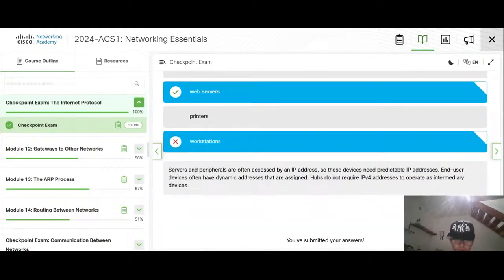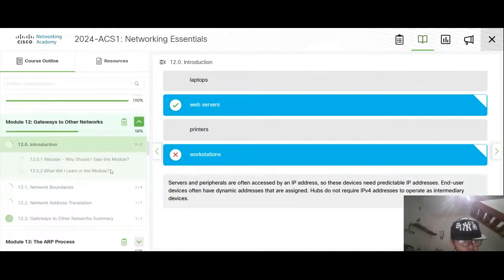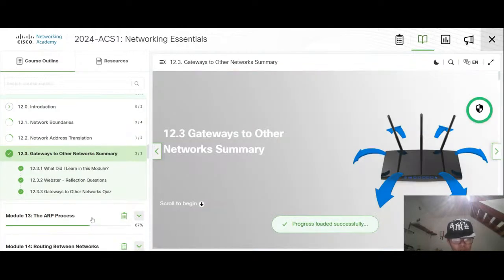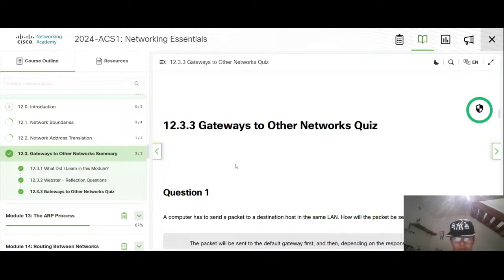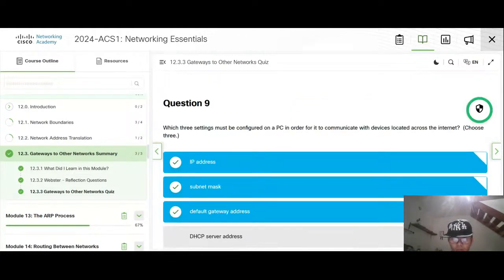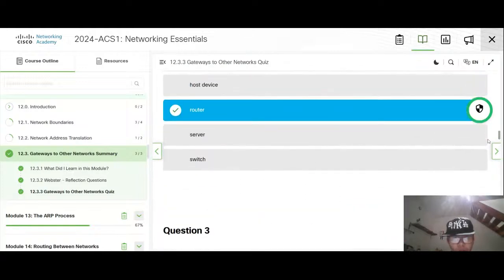Servers and peripherals are often accessed by IP address. Okay. Also printers, servers, and peripherals. Okay, day two, the network summary. Wow, 100 percent. Just look at this.